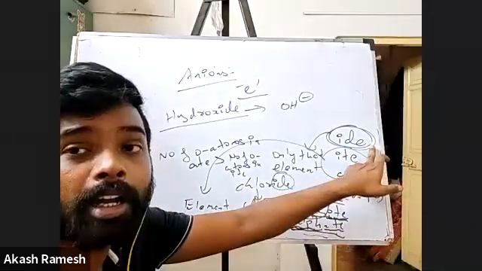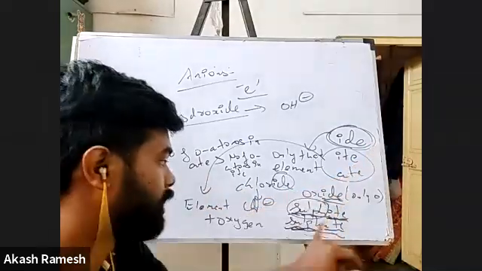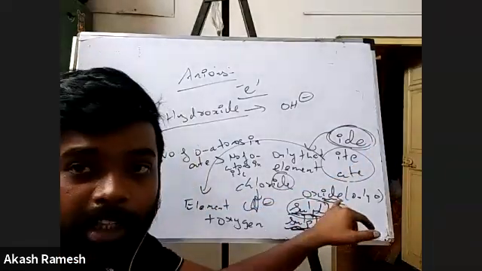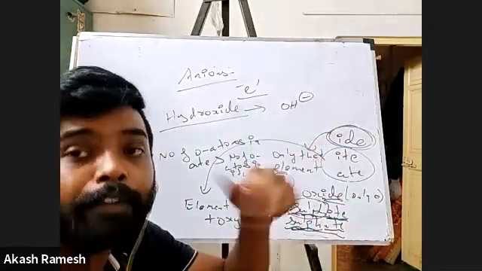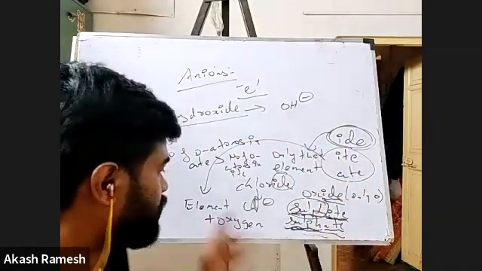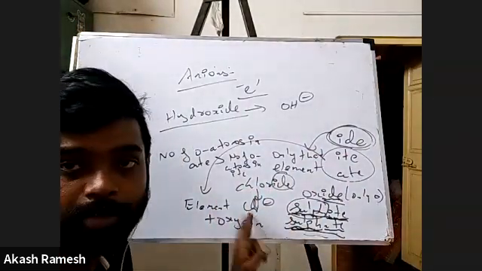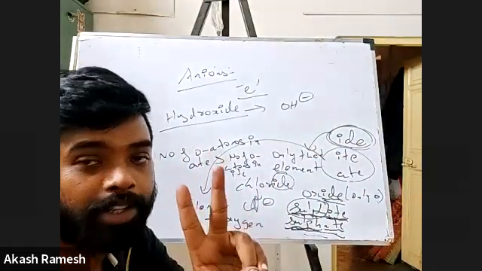IDE means only that element is present. For example, say oxide, IDE, only oxygen. Sulphide, IDE, that means only sulfur. Fluoride, chloride, all these things you see, there will be only that element present. That is the first point. Second point is